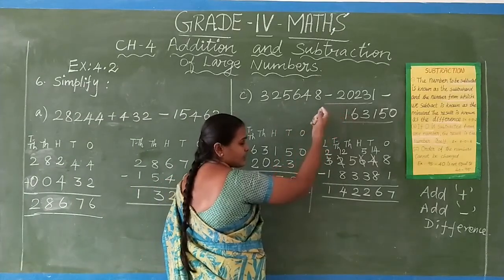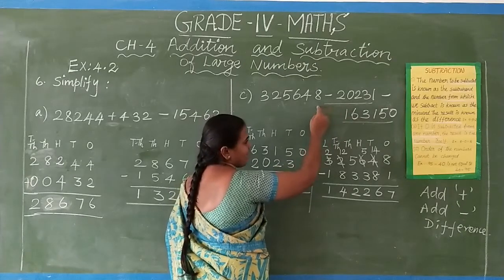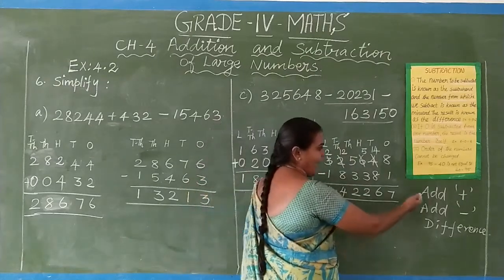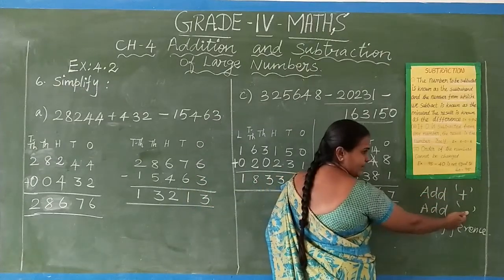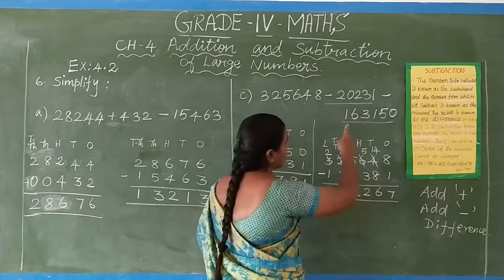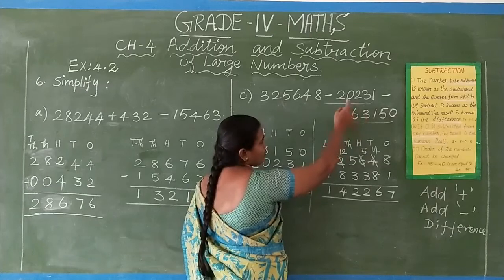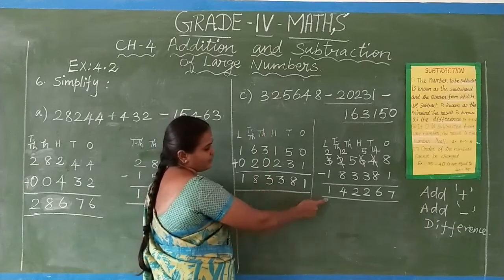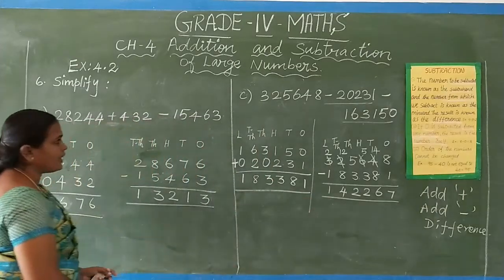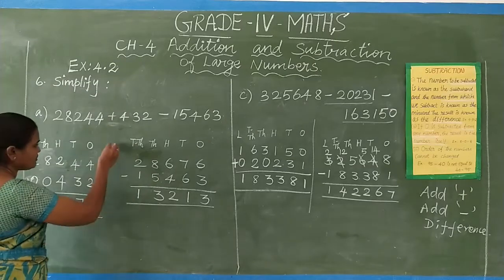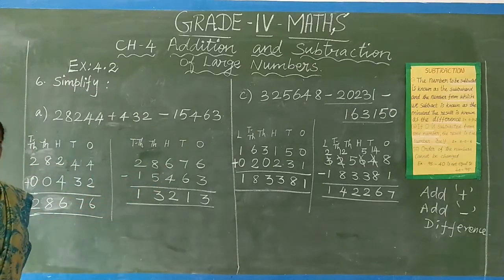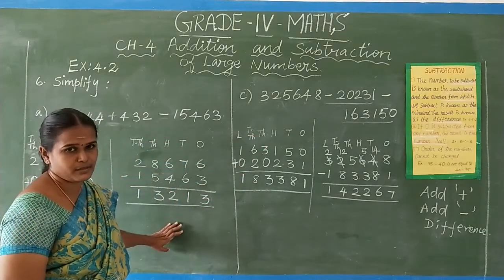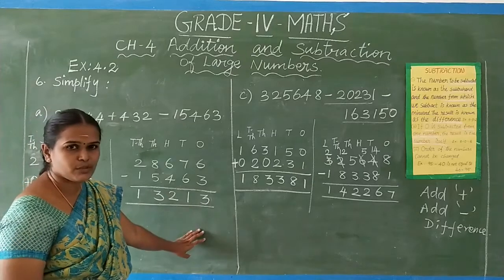Okay. Or another way: first subtract these two, find the difference of these two numbers. If we get one answer, then from that answer subtract this one. That is also simplification only. But here the rule is given: add the positive terms, add the minus terms, then find the difference. So here two minus terms are given. You add these two numbers first, then find the difference of the first number and this answer. Okay, copy this in your class book. Arrange the columns properly. Two calculations are there. Here 3 numbers are given, next 4 numbers. Copy in your class book without mistakes.